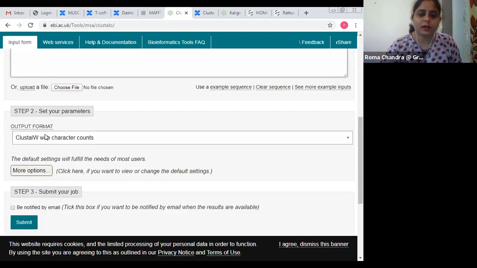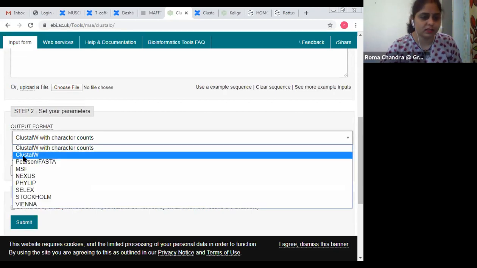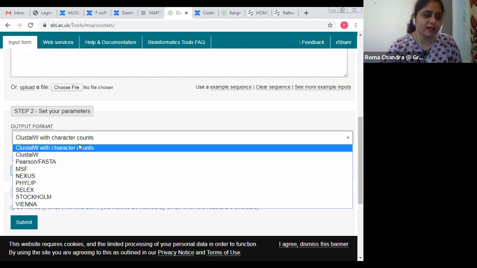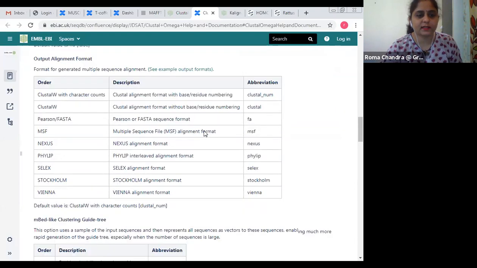And then I need to understand what parameters I want to go for. I want to go for simply a Clustal W or a Pearson FASTA or multiple sequence. These are the different formats. You can just go through here. Here you can see in this particular tool, these are the alignment formats which you get as an output. If you want to have an alignment format only in FASTA sequence, then you can select this one.